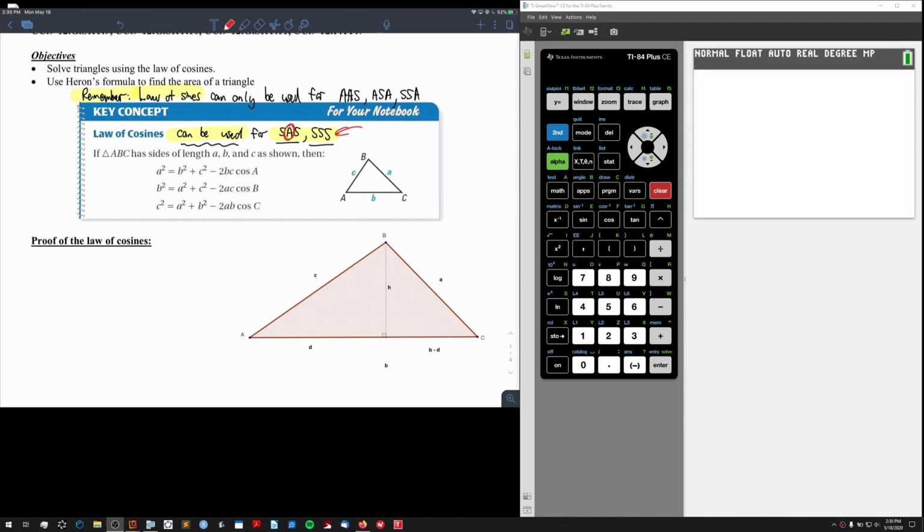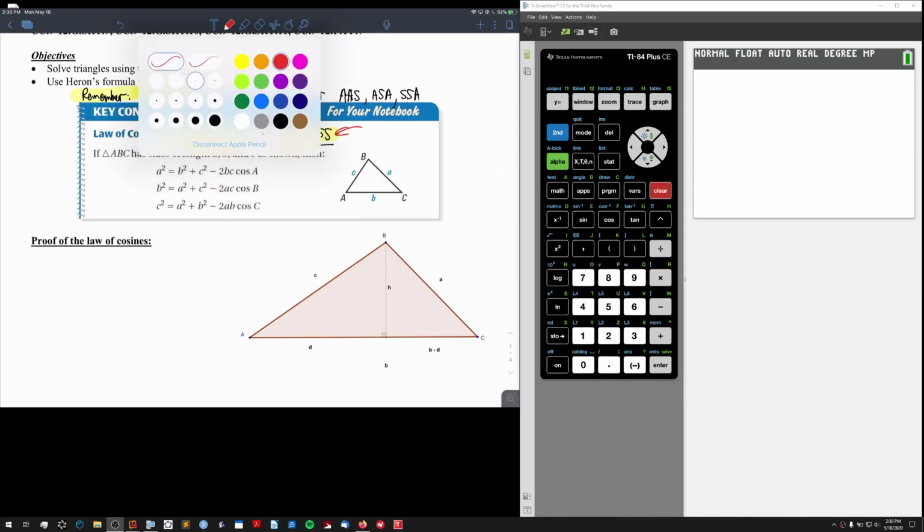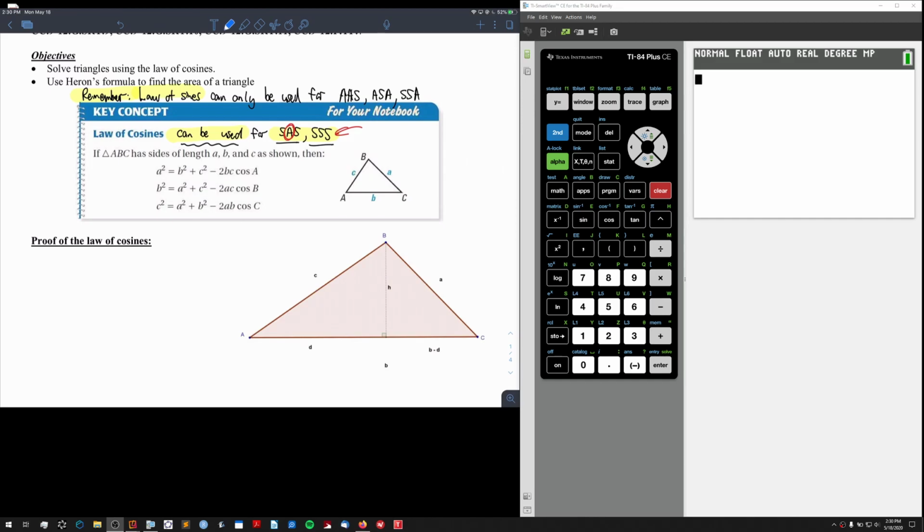So that's all fine, but we need to make sure that you understand how this even comes about. How do I even go from this to that mess over there? Okay, and so we did this for the law of sines. We showed you one way to derive the law of sines. I'm going to show you how to derive